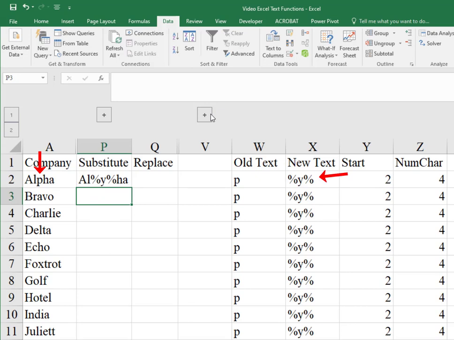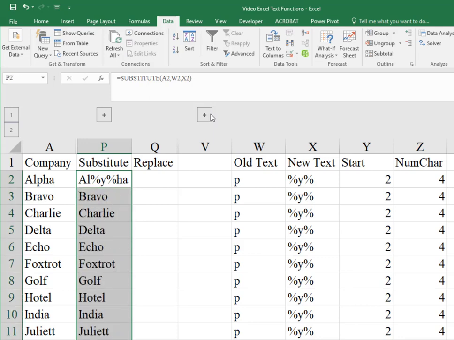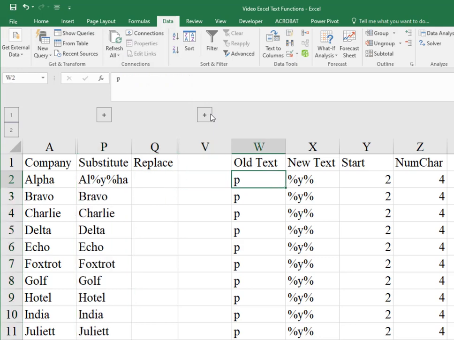And so here you see that it has AL, and then the replacement of a percent sign, the letter Y, and another percent sign, and then the H and the A for alpha. So we simply use this substitute in order to substitute it for that letter that we wanted to replace. If I fill down, you notice that there were no other replacements made. And the reason that there were no other replacements made is because none of those other words had a letter P in them. If I change this to the letter L,